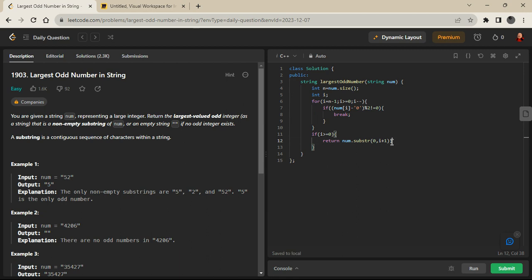Our index is i, so the length is i plus 1. So we simply return substr(0, i plus 1).